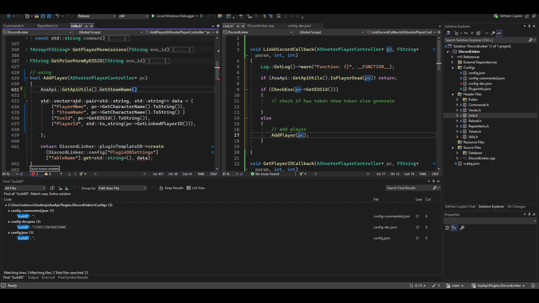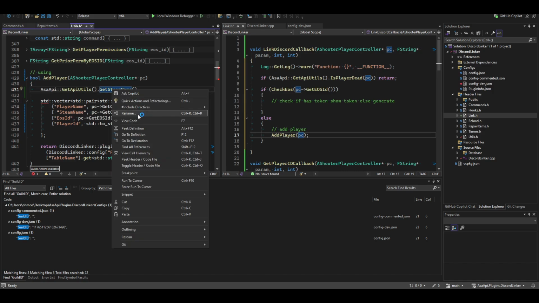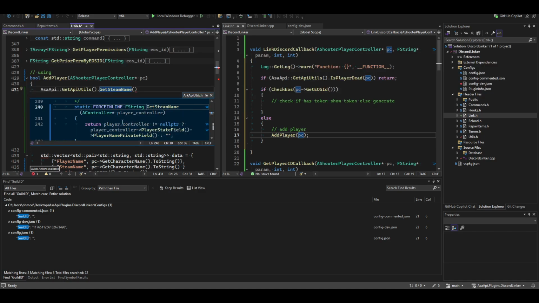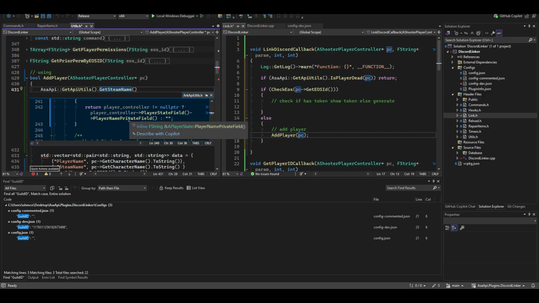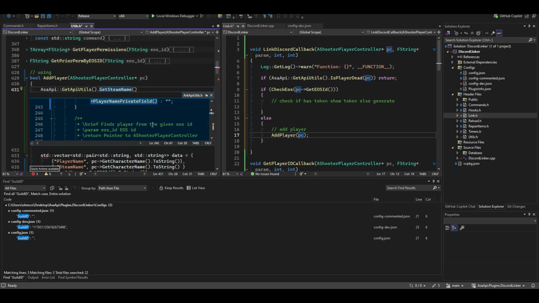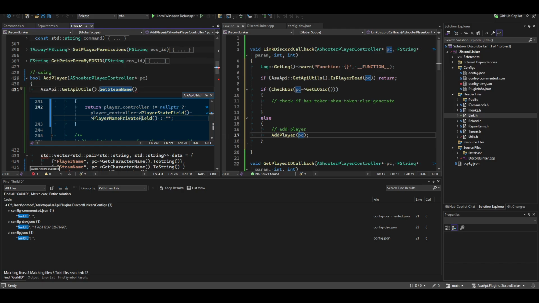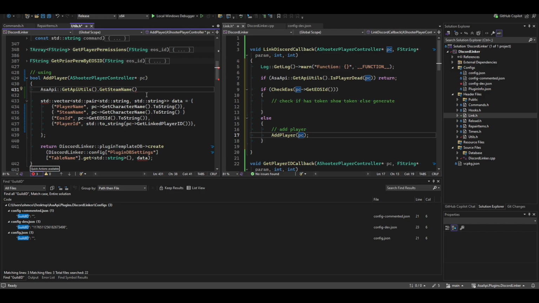Yes, it's team name, right? You can get it. But then when you pick definition, I don't want to use the ASA API for you, as you can do directly, right? You don't like player controller, player state, right? Yes, this is what you're gonna do: player state, and then the player name private field. See, you can just directly use it like